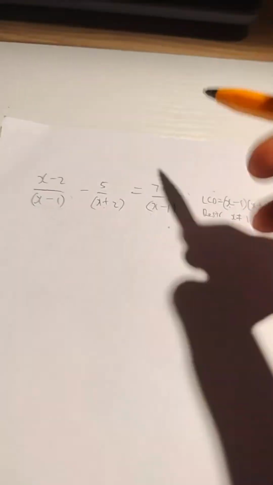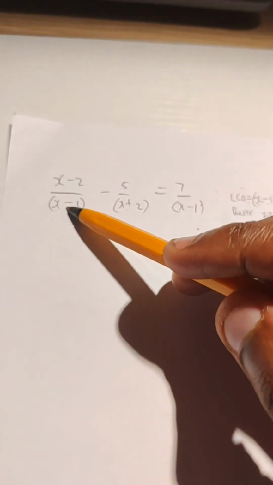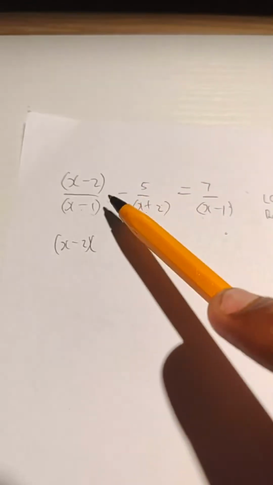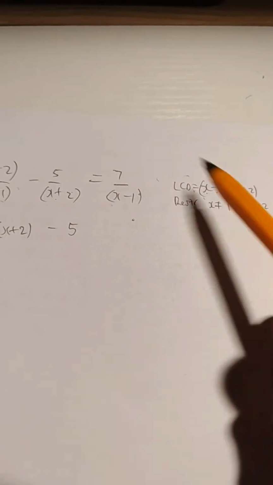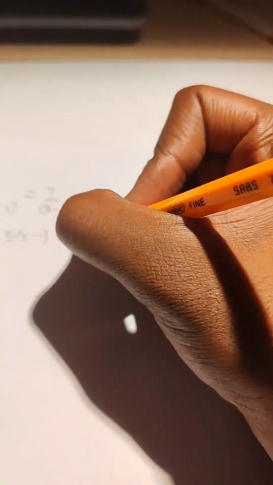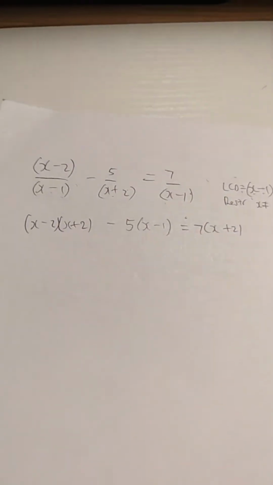Okay, then you take the LCD, you multiply here in the numerator. If you take the LCD, you multiply here, x minus 1 will cancel, x plus 2 gets left behind. So when you have two or more terms, you put it in brackets. So x minus 2, he gets cancelled, x plus 2 gets left behind. So that means I'm going to multiply x minus 2 with x plus 2, minus 5. X plus 2 cancels, x minus 1 gets left behind. So I'm going to multiply negative 5 with x minus 1. X minus 1 cancels, x plus 2 gets left behind. So I'm going to multiply 7 with x plus 2. Then